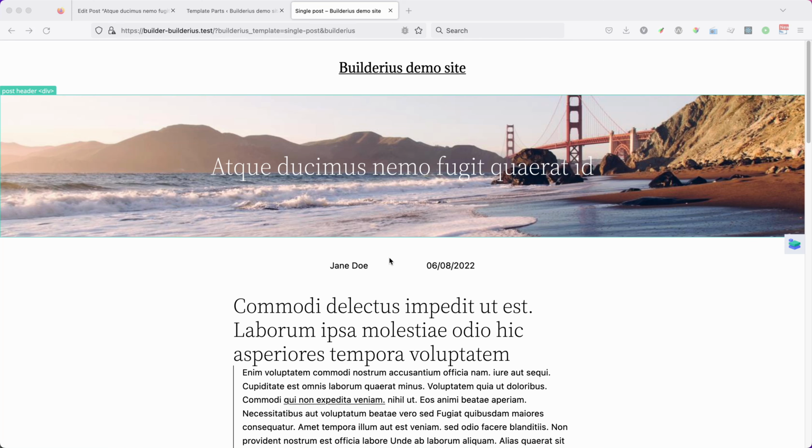In this video I'm going to talk about template parts. This is a brand new functionality. It has been added in Builderius PRO version since version 0.9. Template parts are global entities. This is our approach. This is how we make it inside Builderius